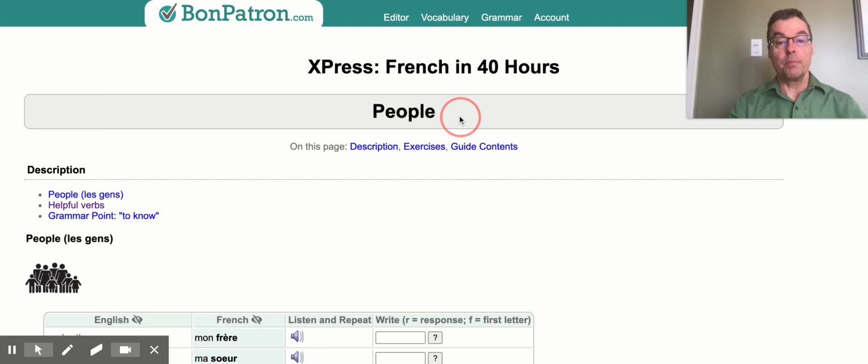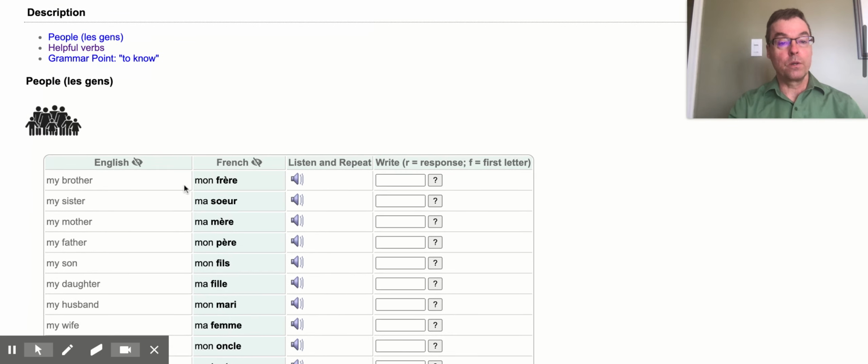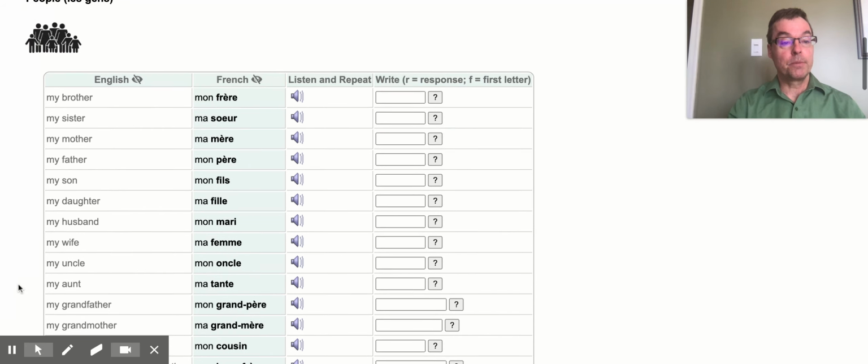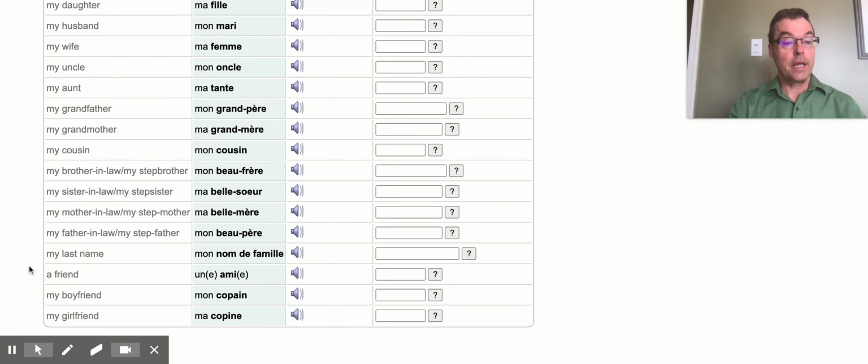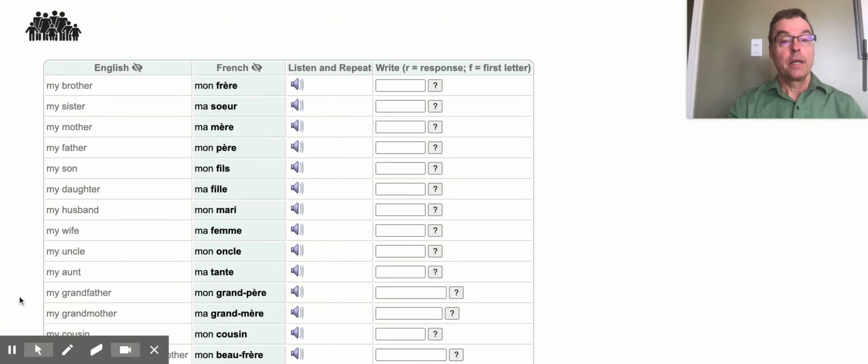In the section on people, you'll find words referring to family members, different kinds of relationships, grandfather, aunt, uncle, sister-in-law, brother-in-law, names, etc. Now keep in mind when you go through the vocabulary list as you're learning the words, for example, the word